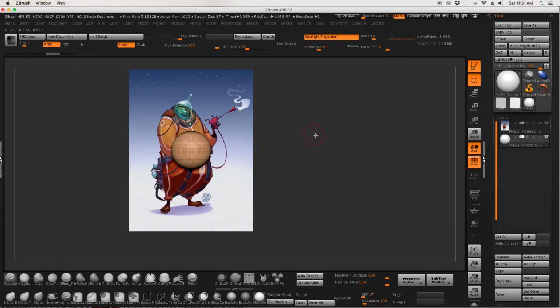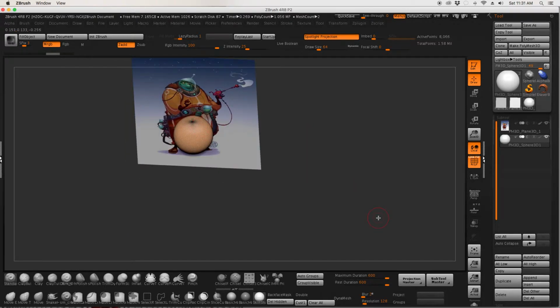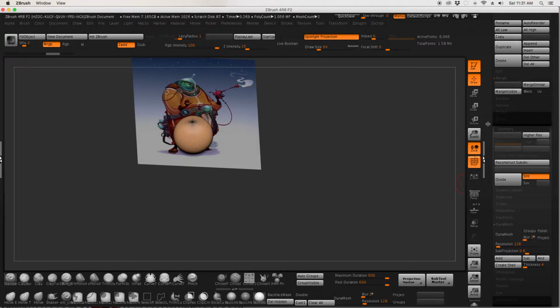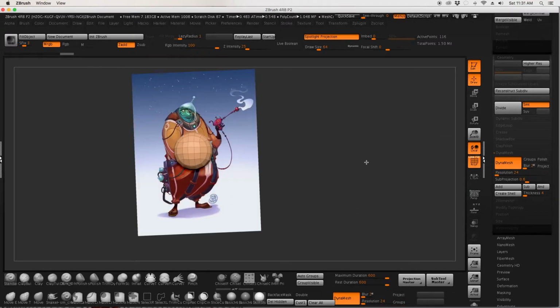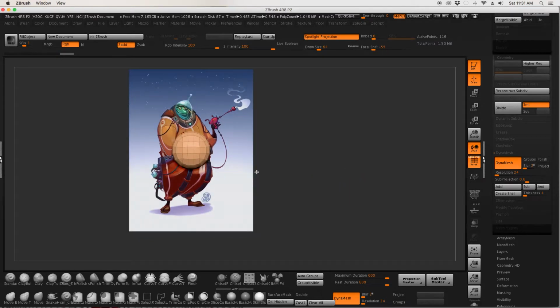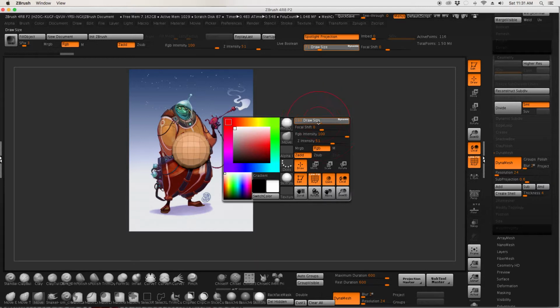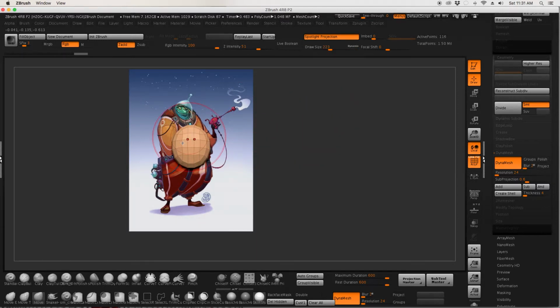But it is a little bit dense and it does have those poles. So again, in our Dynamesh settings, if we come down to geometry, I'm going to take that resolution down to maybe 24, something like that, and go ahead and hit Dynamesh. And there we go. So now we have a nice low-res sphere that we can start to use. Our symmetry lines up in the center as it should. Okay, and with our move brush, we can come in here and start to push and pull and sculpt on